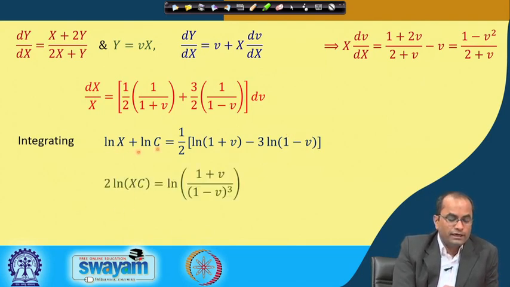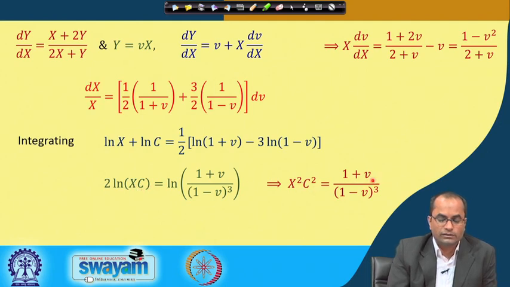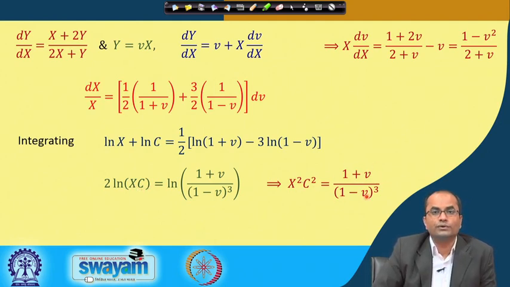So, then we have here 2 times, this 2 will go there, and this ln cX is equal to ln of (1 plus V) over (1 minus V) cube, and from here we will get X square c square is equal to (1 plus V over 1 minus V) whole cube,